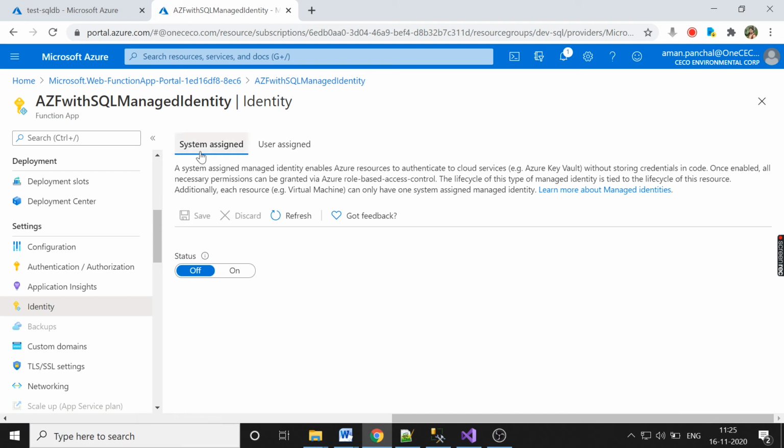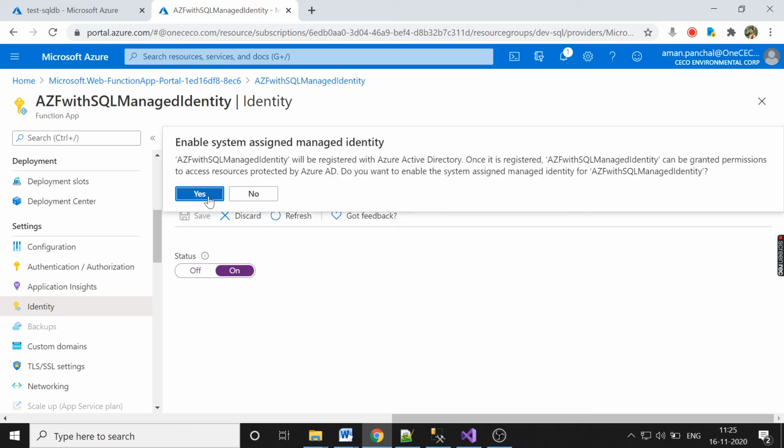There are two types of identity, system assigned and user assigned. Let me first check the system assigned. We have to enable the managed identity so that our Azure function can access the Azure SQL database through the Active Directory. So I have to enable this system assigned identity and save it.